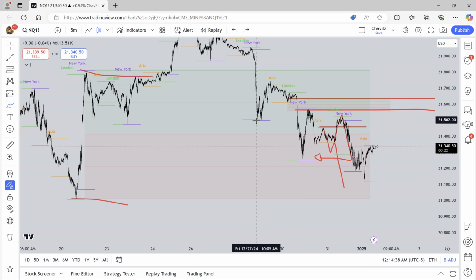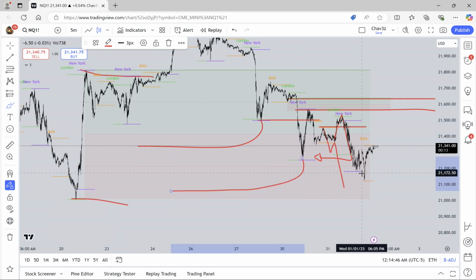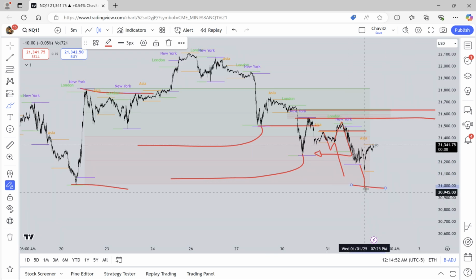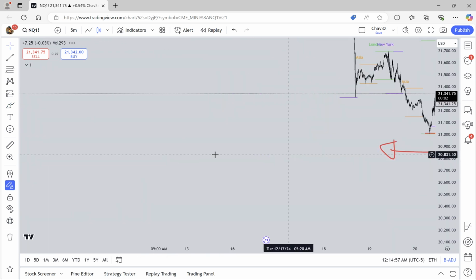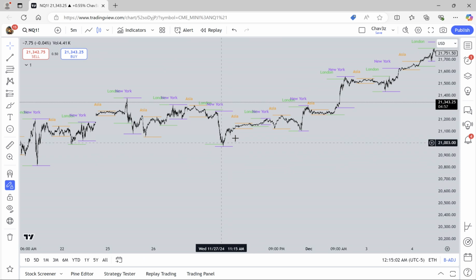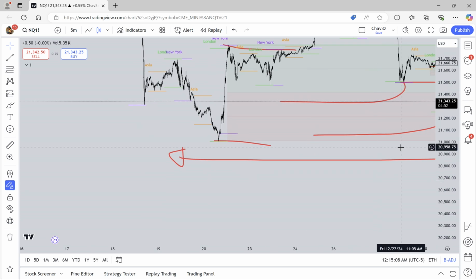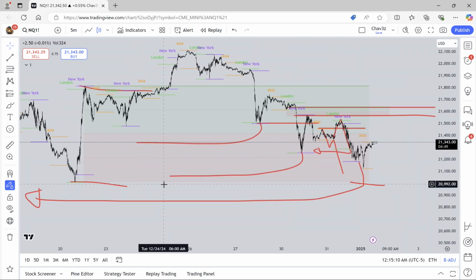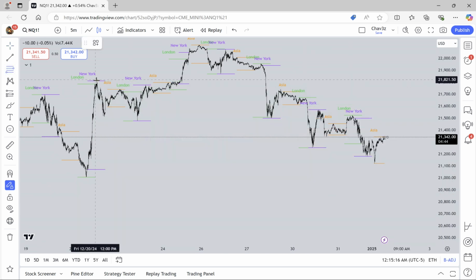I only wanted the range of the 20th, because once we traded outside of this low of the day, then we attack the next PD array. We talked about this last time. If we would have traded underneath this array, I would have looked back in time to see what array we're attacking, and then I would have used that array. It was pretty far. I would have used that array, which was here, as my next take profit. Just once we break an array, we start trading into the next closest array. Let me remove the drawings real quick and put this back up.